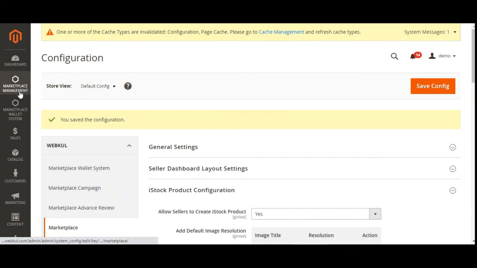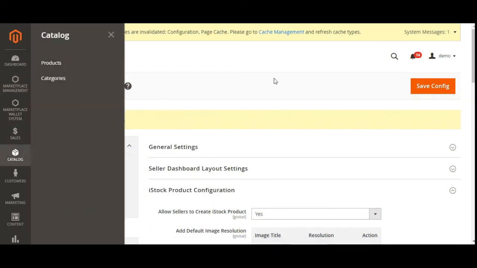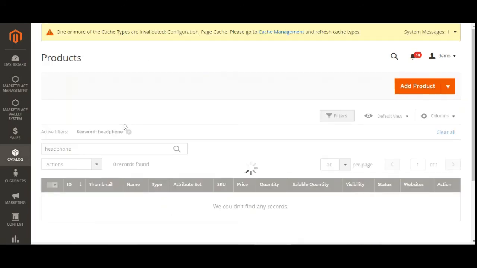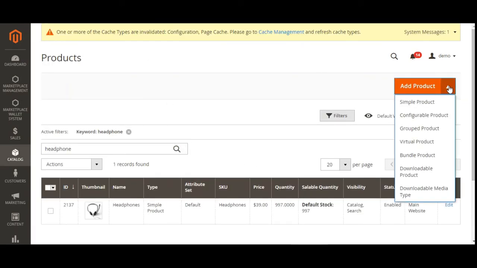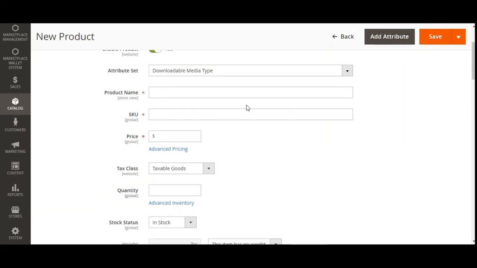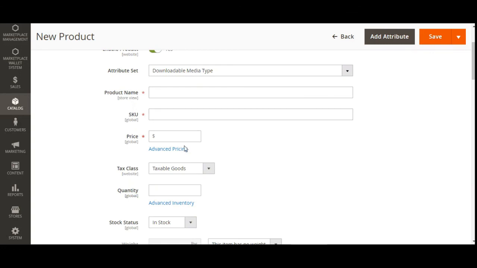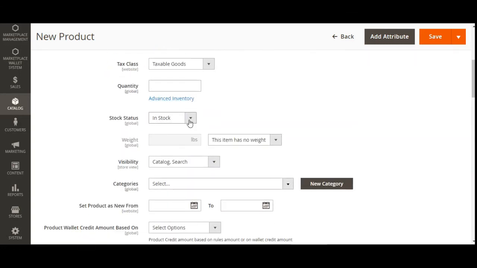Let's see how the admin can create the iStock product. For that, the admin needs to navigate through catalog and then products. So I'll just open that up in another window, and here the admin can tap here on the drop down, choose the downloadable media type as the attribute for the new product that he's going to create. And here for the new product, the admin can do the same. So he'll just choose the attribute set as the downloadable media type, set up the product SKU, price for the same, the quantities, the stock status,